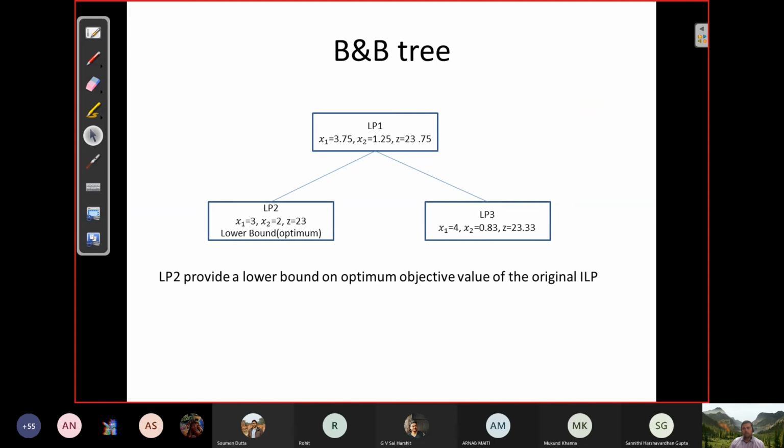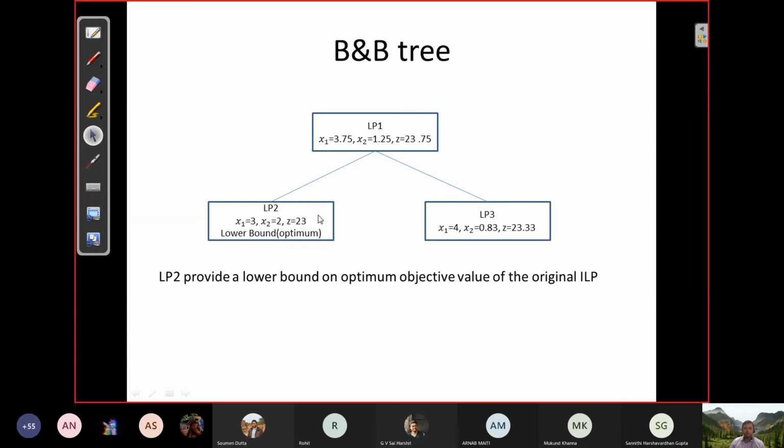Yes, sir. Now, this is a very important question. When you get a very good upper bound, which is close to the optimal solution, for example, here you get a very good upper bound, 23.75, and you know the optimal solution is 23. So it's very close to the optimal. This is a very good upper bound. In those cases, you can expect the branch and bound tree would be small. That means a small number of nodes would get explored, and you can easily find the optimal solution.